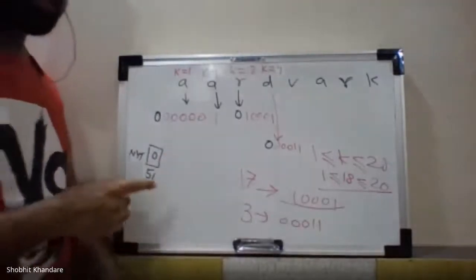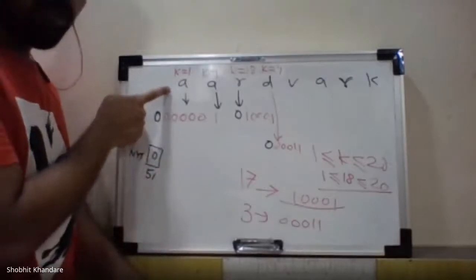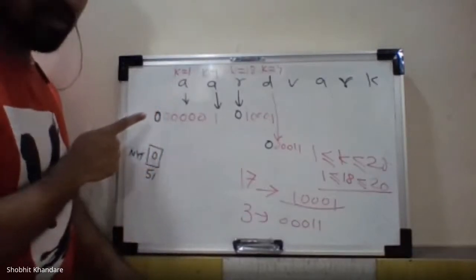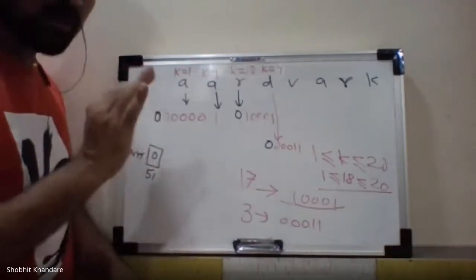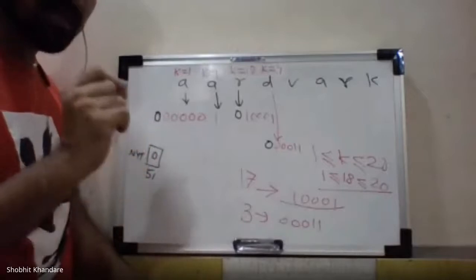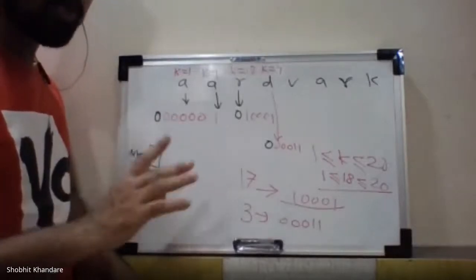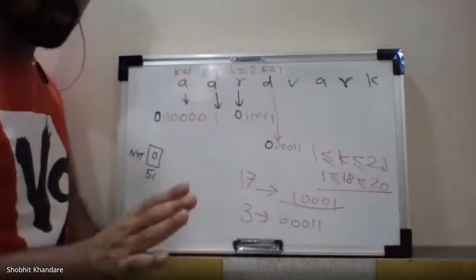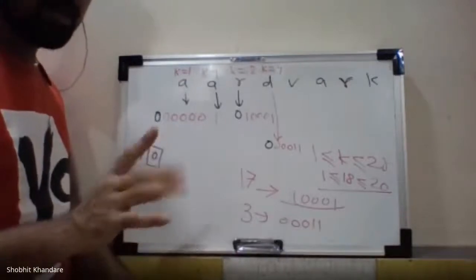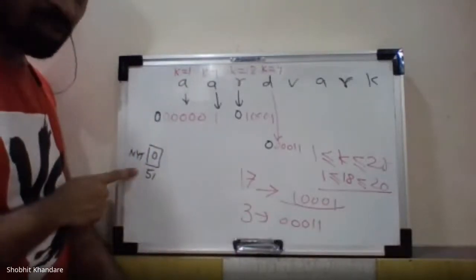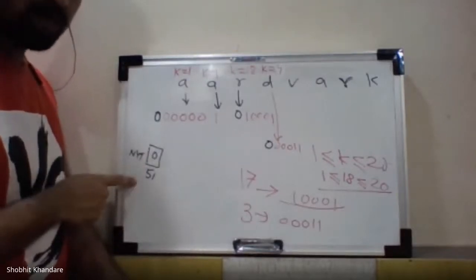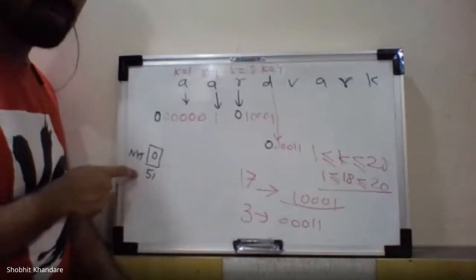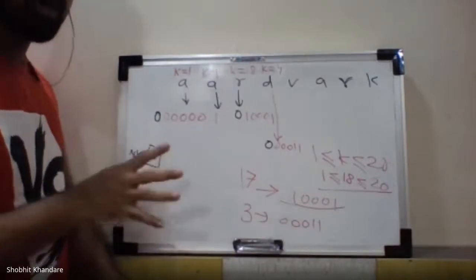Now, it was said that if the symbol is coming for the first time, you have to write down the code for NYT. Now here I'm not talking about the fixed code of NYT. I'm talking about the code of NYT. And always remember, whenever you are talking about the NYT, you will talk about the code. You will never talk about the fixed code related with the NYT. So you tell me, if this is my initial node, and if I'm asking you to tell me the code, not the fixed code, tell me the code of this NYT, then there is no code available.